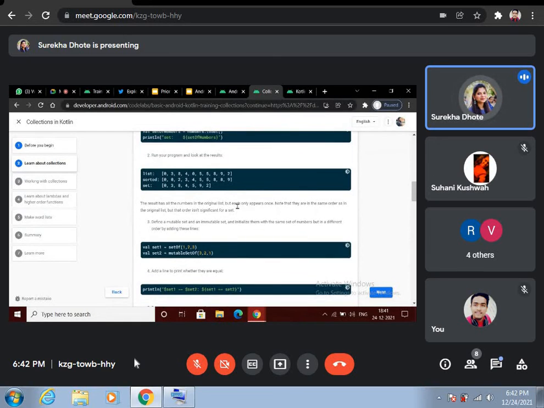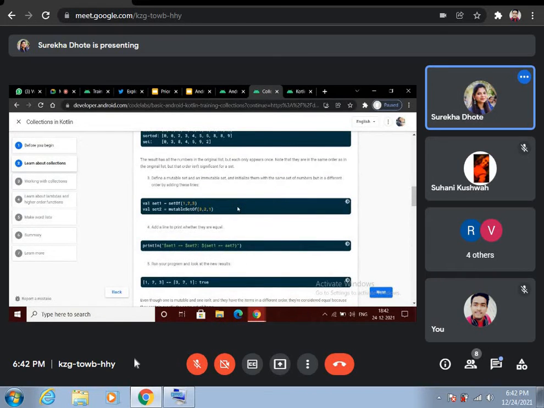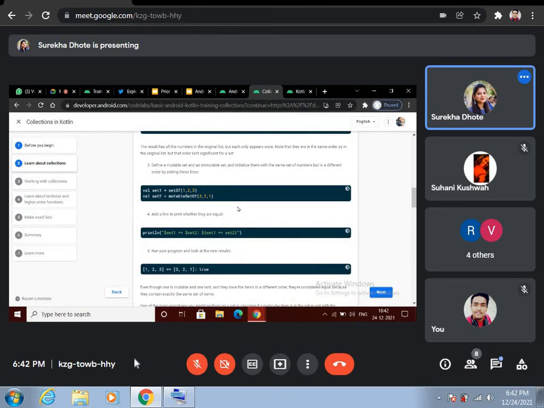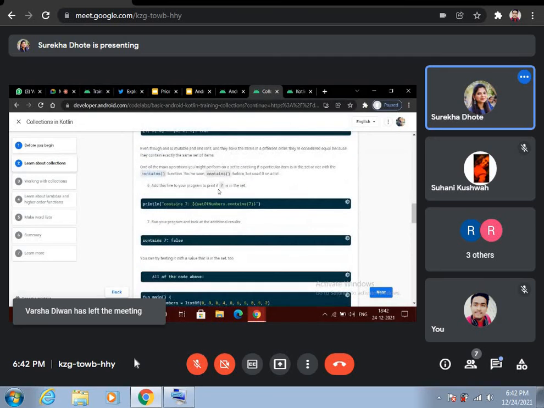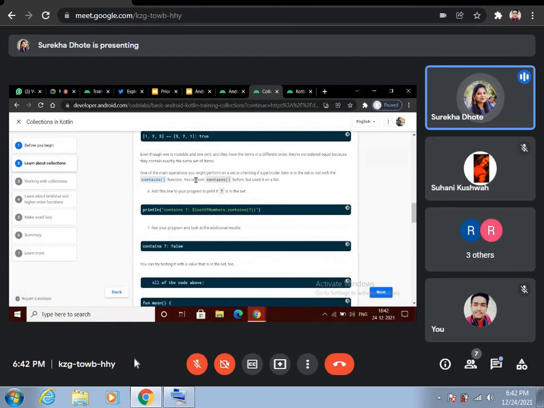Moving towards the next. Next is contains, a very important function. Contains basically returns true if our set has a given number, variable, or something of this sort.